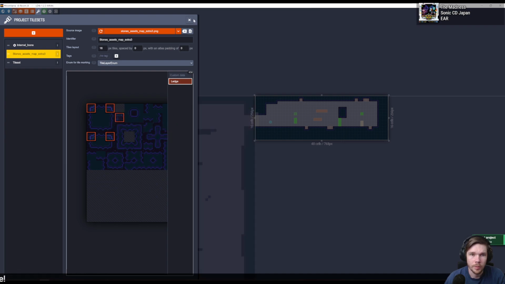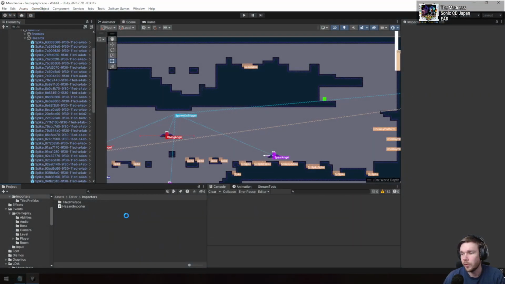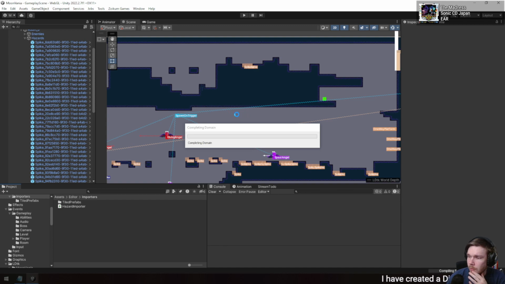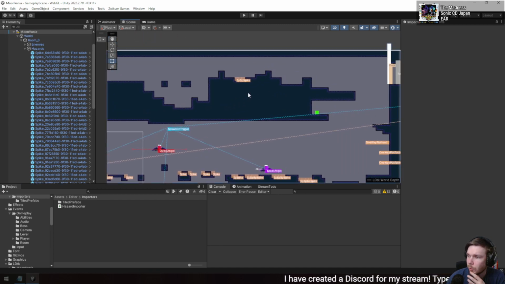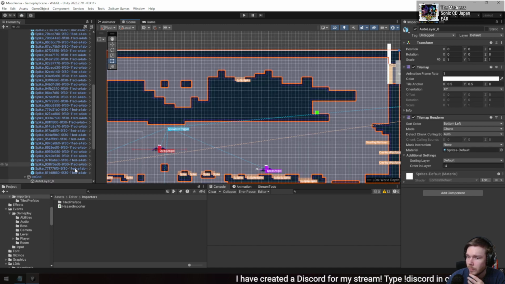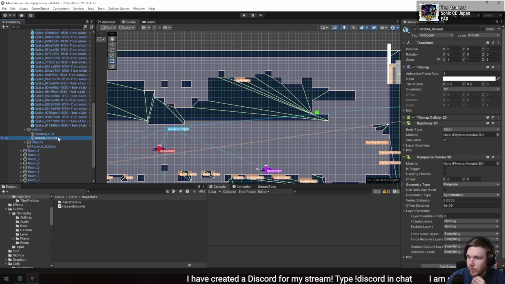All of that would be a ledge. I want to see how this looks in Unity now, if that will be represented in some way. We have auto layer with